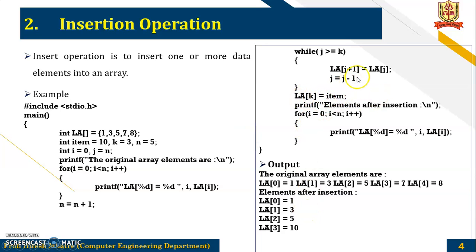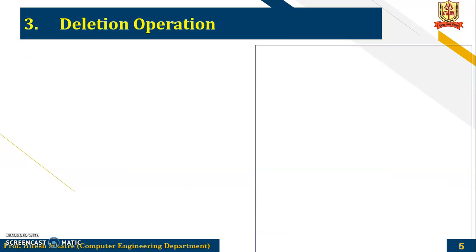So at location number 3 we can see the element that is added as 10. Then at location number 4 we can see the value 7, so that we have shifted from 3 to 4, and at location number 5 we have 8, so that was shifted again one place. So we have inserted this element in an array. So this is how your insertion operation works.